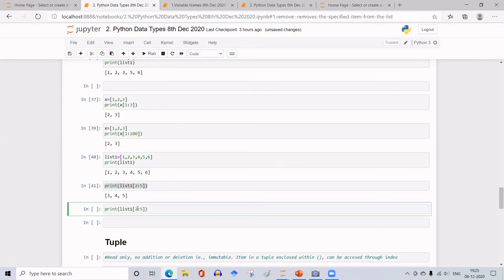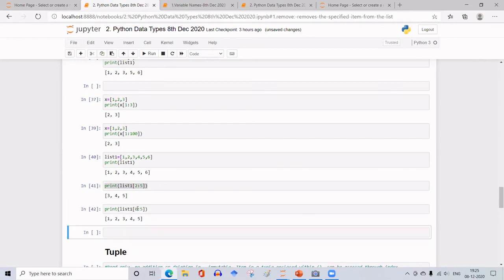Either you can make it 0 colon 5, or you need not specify the starting point. Just give colon 5. It is understood that it starts from the beginning of the list, and you pick up the elements up to index 4. Follow? This also gives you the same result.